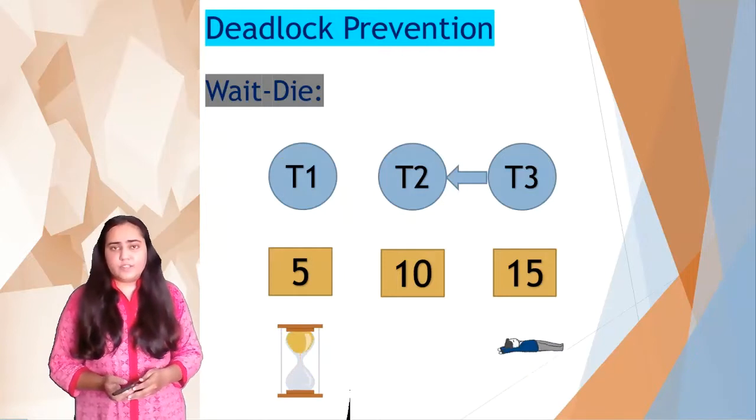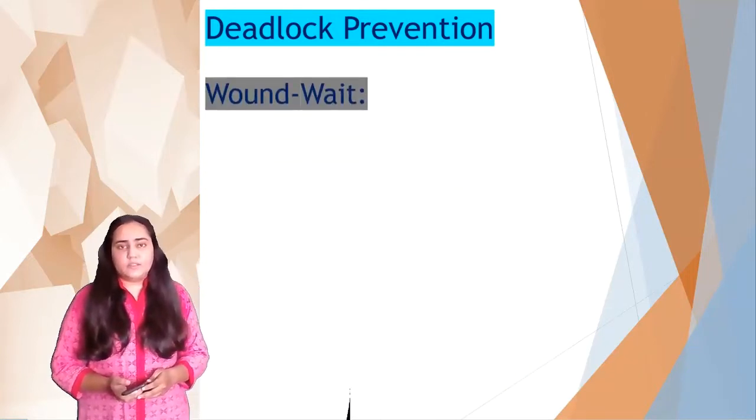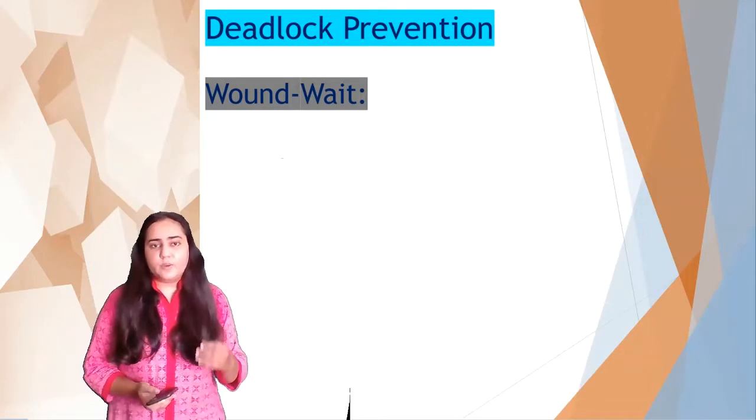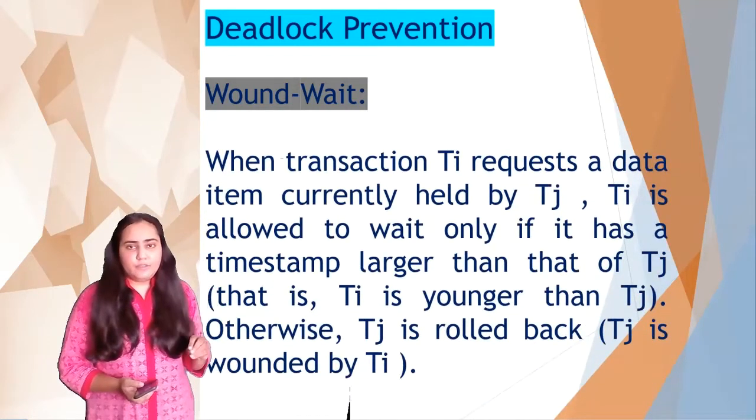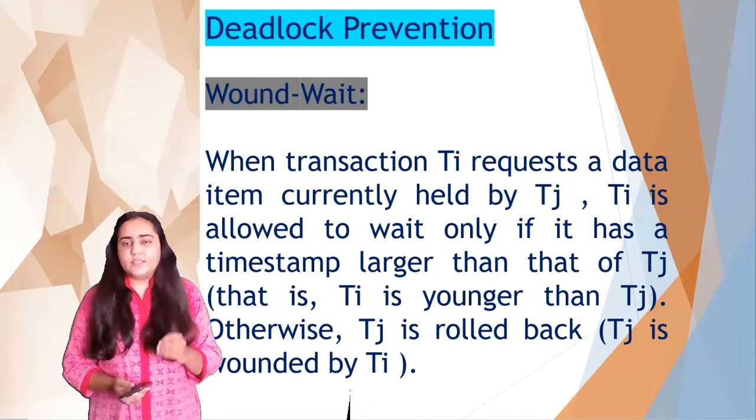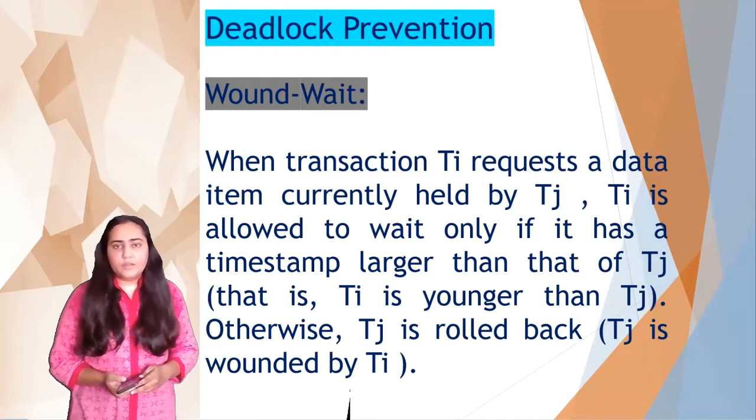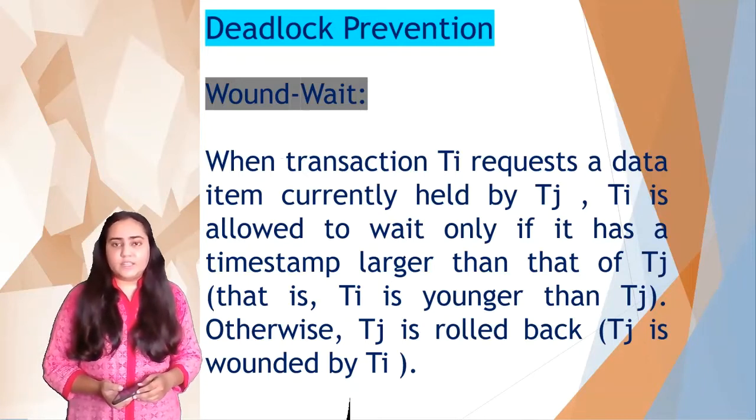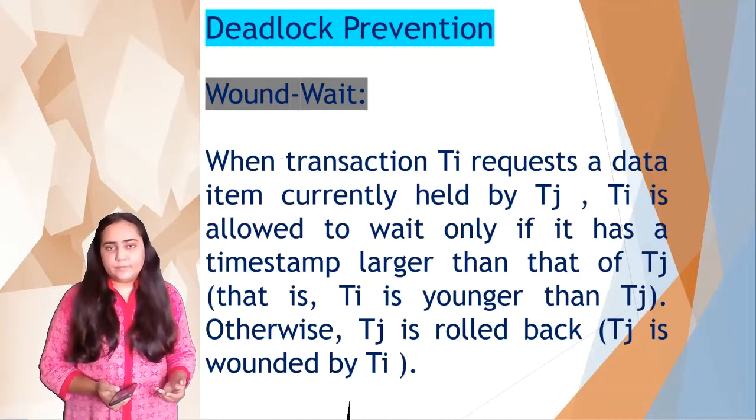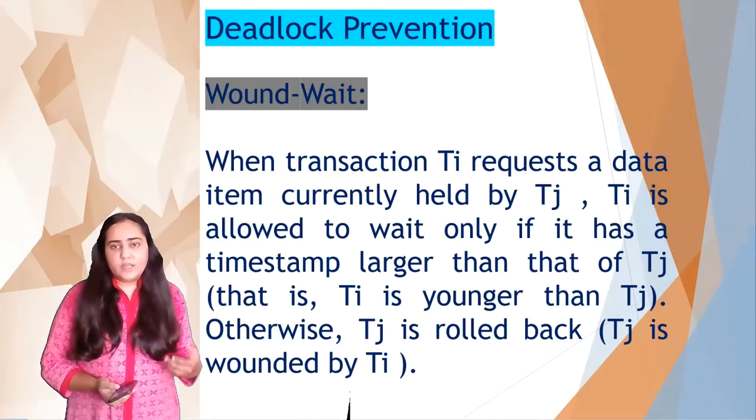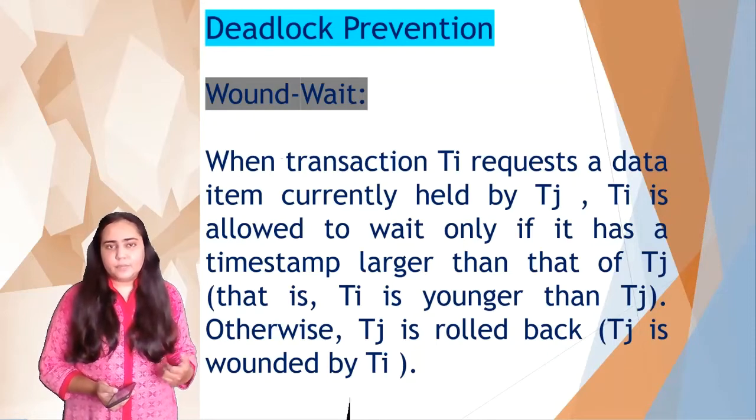The next deadlock prevention technique is known as the wound wait technique. So in the wound wait technique, if there's a transaction Ti that needs a data item from Tj, then Ti will be allowed to wait only if it has a timestamp that is greater than that of Tj. So that means Ti can wait only if Ti is younger than Tj. Otherwise, Tj is rolled back. So in this case, it is slightly different than the wait die technique, and I'll show you how with an